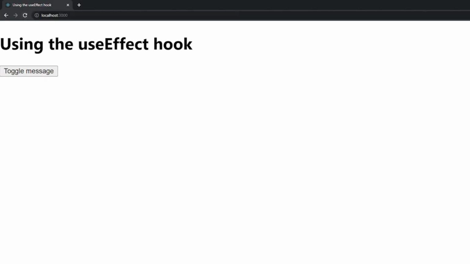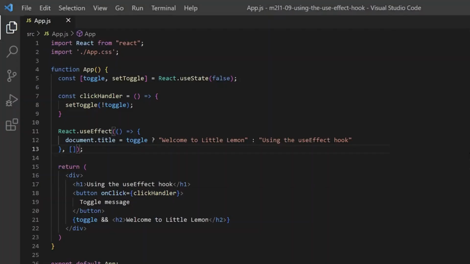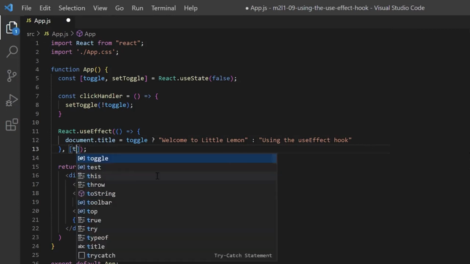The dependency array is there to watch for changes to a specific variable, and based on that, execute the function that's passed in as the first argument of the useEffect function call. This means that if I want to run the useEffect hook whenever there's an update to the value stored in the toggle variable, I need to add the toggle variable to the dependencies array. After this change,